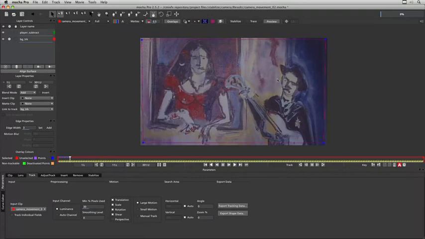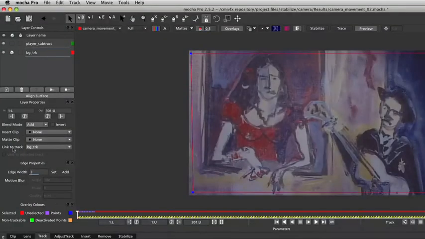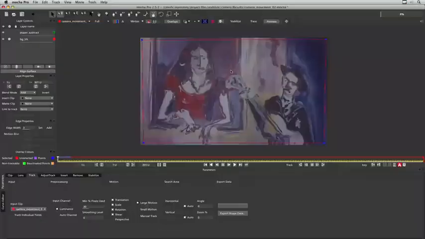To overcome this problem, I will use the unlinked track technique. I will unlink the layer shape from the tracking. The planar tracking will still work as usual, but the layer shape will not move along with the tracked data. It will stay in the same place while the tracker uses the layer area to track the movement of the background. So I will start tracking here, tracking forwards,